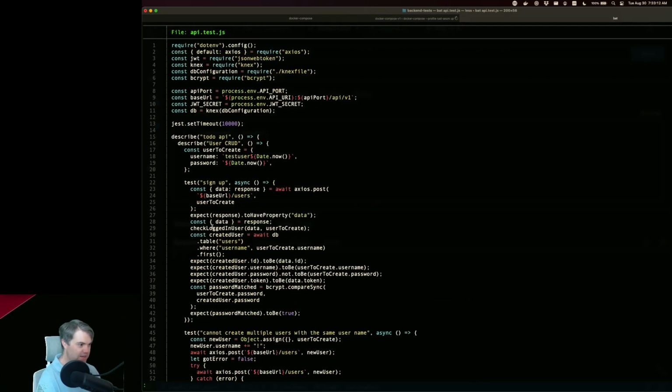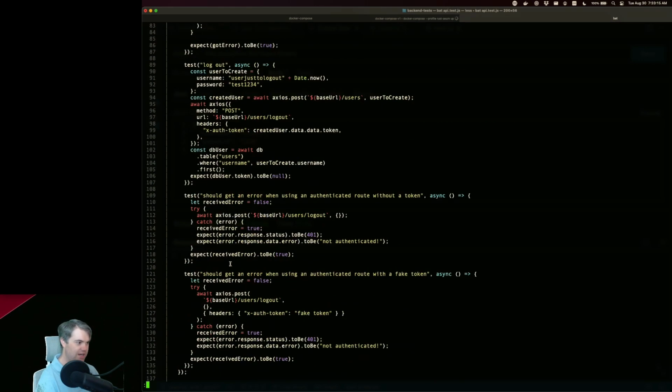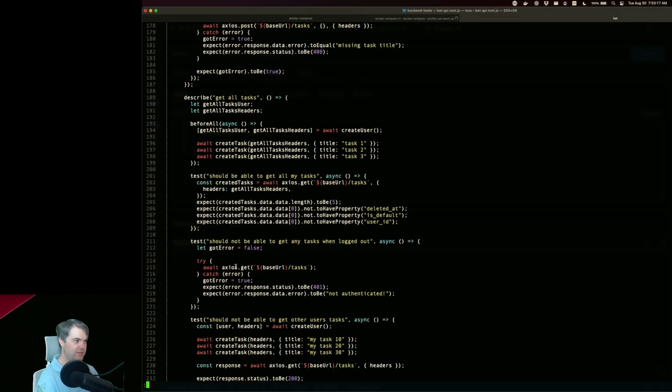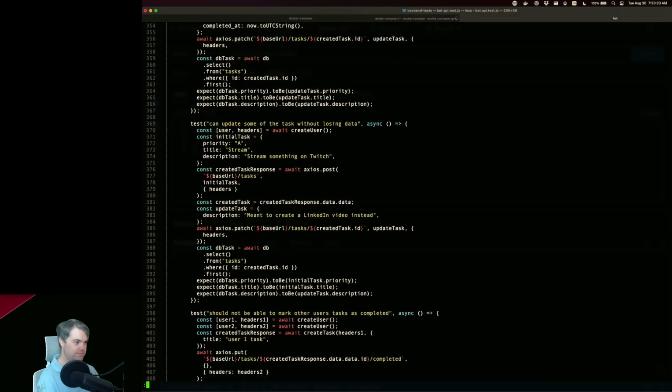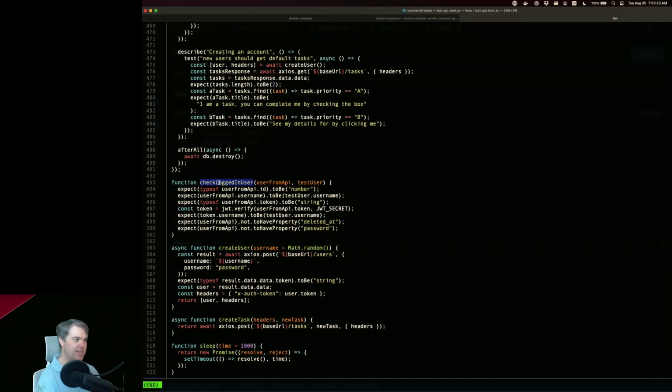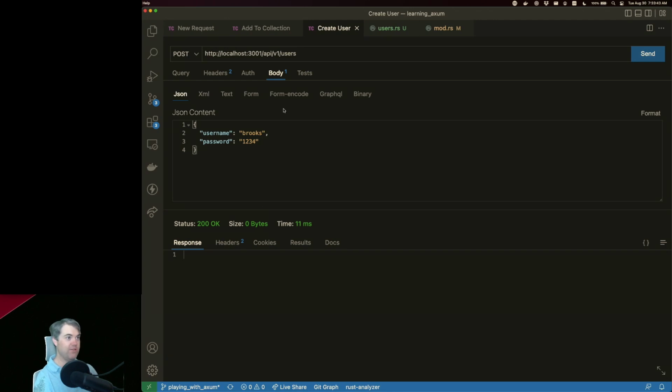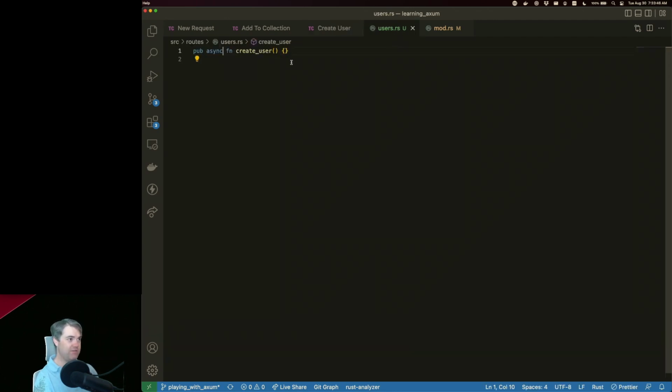Okay, so this was check login user. So I have a helper function down here somewhere. Check logged in user. So expect type of user from API ID to be a number. Okay, so we expect to have an ID, a username, a token. So we're starting with a difficult one. I guess we'll start defensively, right? I think that's the idea of what might be easier here. So if I create users like this,